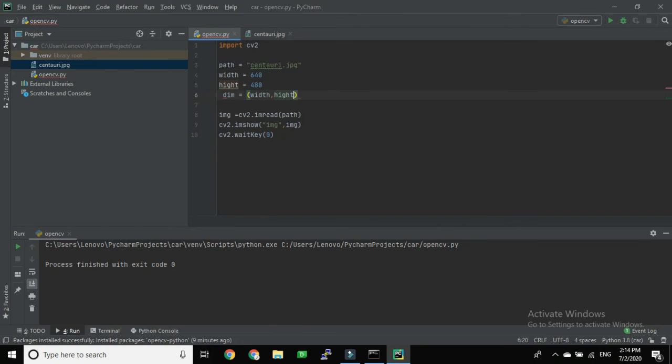Now we are using the function named resize. How do we use resize?